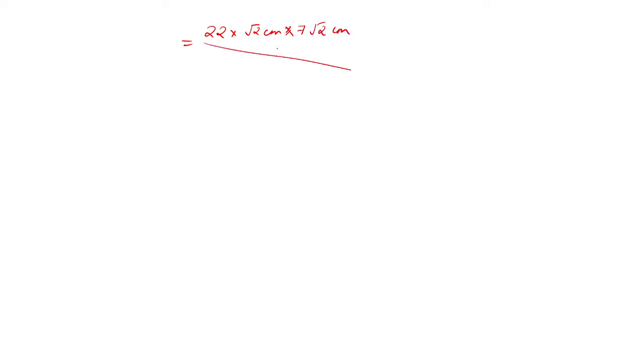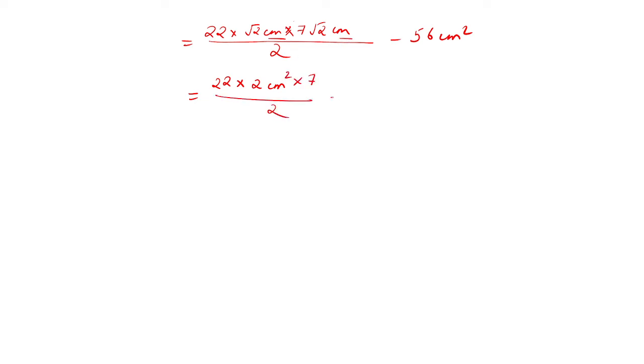divided by 2 minus 56 centimeters square. So if you multiply root 2 with root 2, you'll end up getting 2 centimeters square, into 7 divided by 2 minus 56 centimeters square. So just cancel out. So this will be 154 centimeters square,